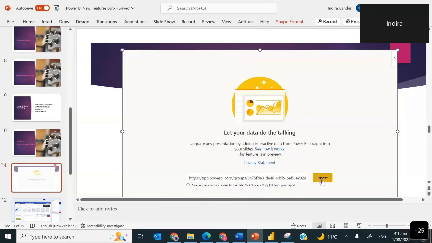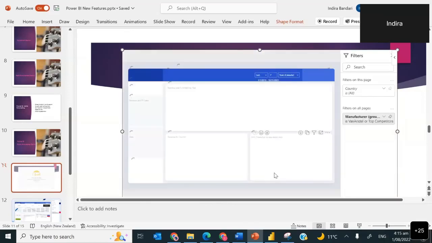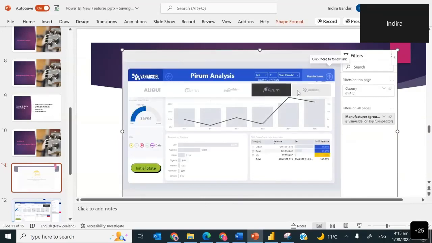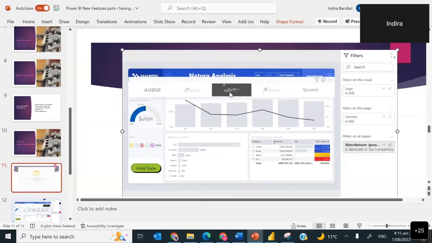If I say insert, it should not work, but oh, it is working. But I think it won't change. Let's say, see the interactivity. Oh, it is there. Okay, so you can use that, or there is another way of sharing, which is if you go into here and click on share,